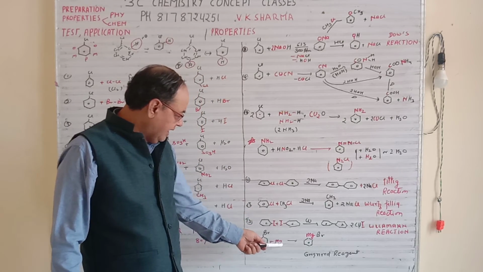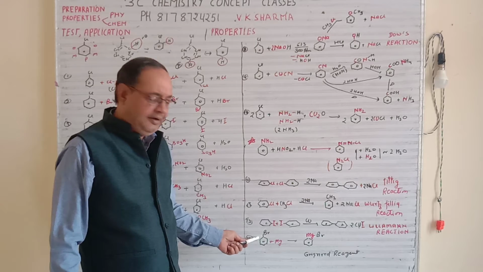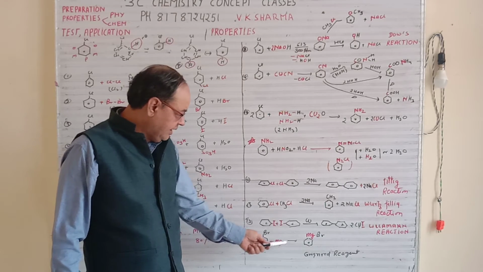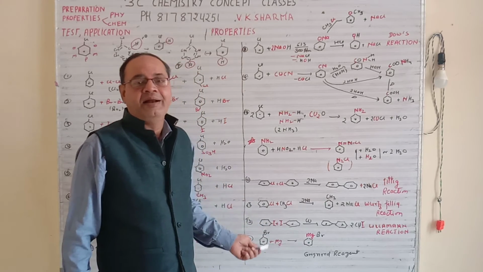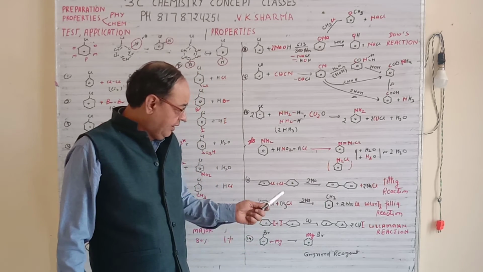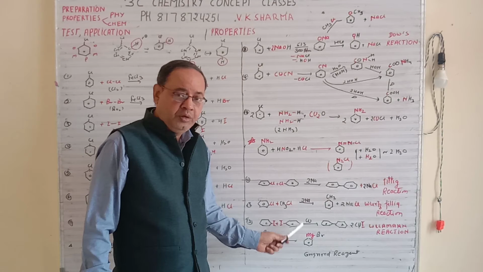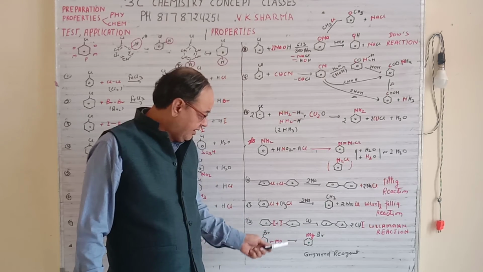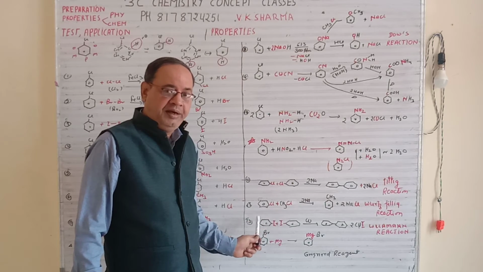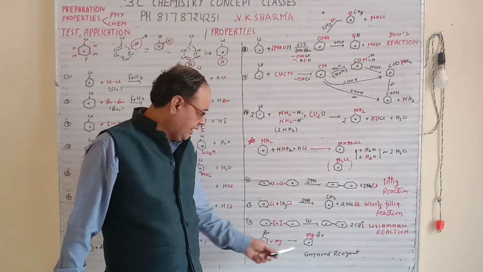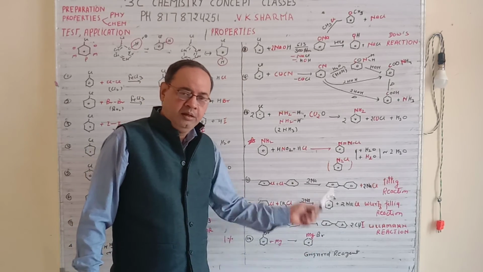Suppose you are using Mg with aryl halide, that is bromobenzene plus Mg. So that will give you phenyl MgBr, and this is known as the Grignard reagent. The Grignard reagent is a very important compound that we use again and again. So you have to keep in mind that the Grignard reagent is prepared from RX, that is aromatic RX, or maybe aliphatic RX, with Mg. So that will give you the Grignard reagent.